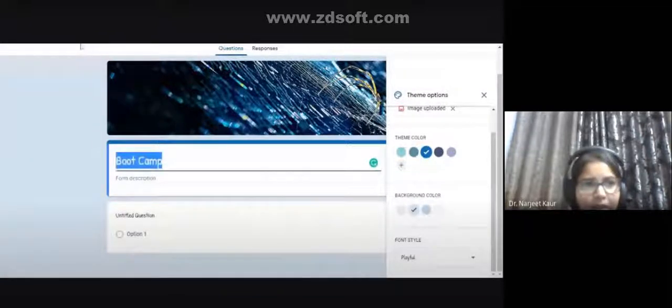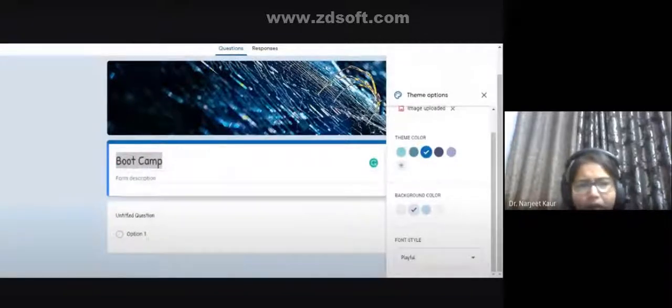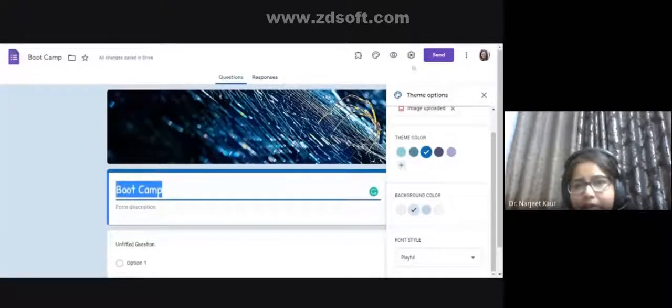Now I'll come to this portion of adding questions to this form. Before that, I will configure the form first, because designing the content of your form is only half of what you have to do before you send it out to your students or public. So let's explore the settings a little, and for that we are going to click on the gear which is here. You see, it says settings. Let's click on it.